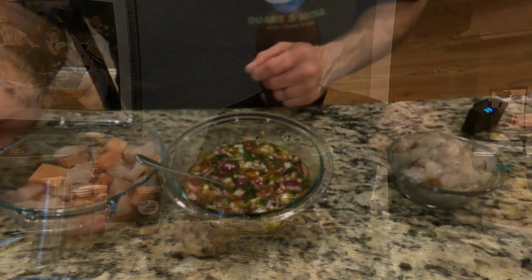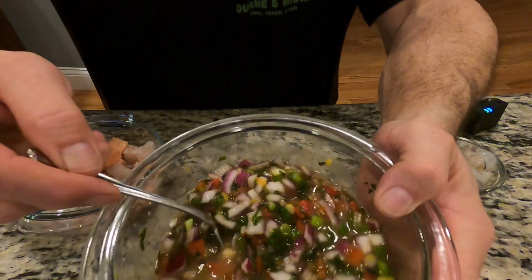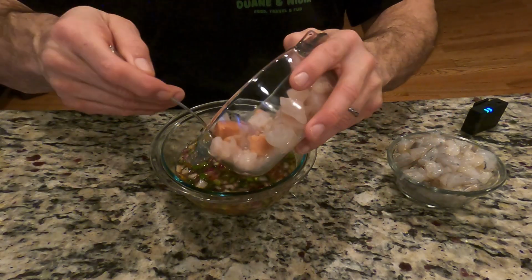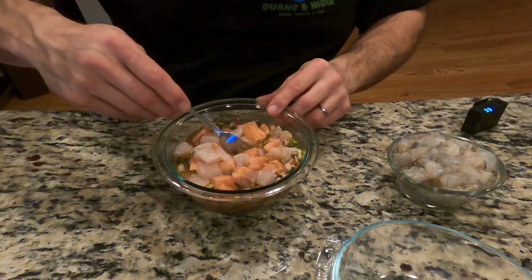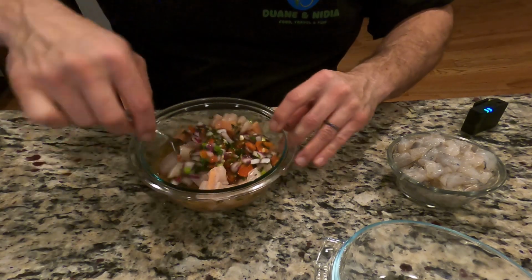So let me get a little shot of it, and I'll add the fish. I'll let that start cooking while I do some real cooking with the shrimp. All right, so here, now you can get a nice view. All right, there she is. It really is a beautiful mix. I'm going to gently add in the fish, and the reason being that the tilapia is fine, but the salmon is a bit more delicate, and I don't want to break my salmon up. I don't want to break up either of the fish. I love the size I've got going here,